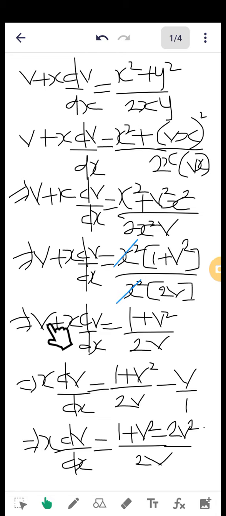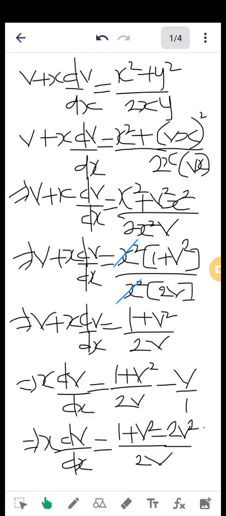So we try to send a v here, so when v comes here it becomes minus, but remember any number is over 1. So to avoid confusion, v is a number or a variable and it's over 1. So you can maintain my x dv dx here, then try to simplify this. So we find the LCM, then you know that 2v will go into 2v 1 times the whole of the